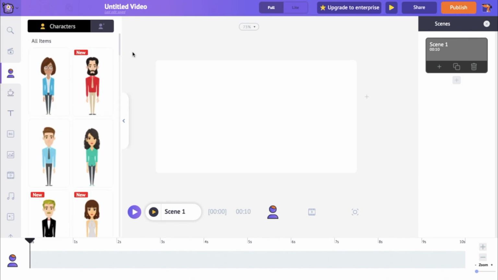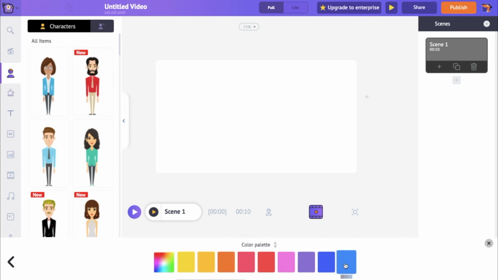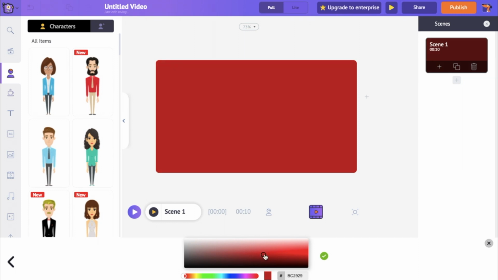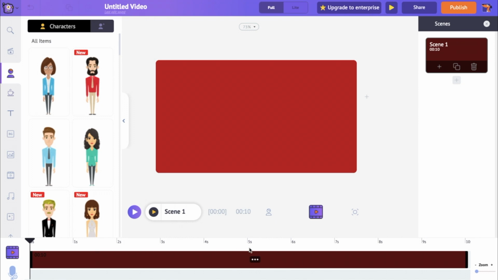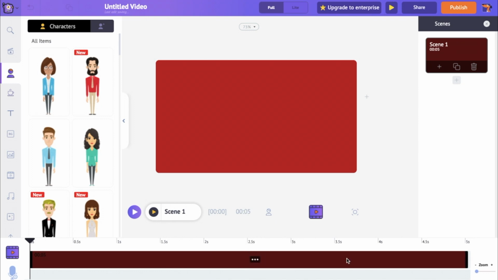So guys, to create a video, first of all we need a background. So click on the background and click on this edit button. So you can choose any plain background. Also you can select any background from here, but I'm going to create a plain background. So you can choose any of the colors, or you can click here to create your own color. Like I'm going to go with maybe red. This one looks good for me. Now here is the timeline, and these are the seconds, like 5 seconds, 6 seconds. So if you want a 5 second scene, then you can just drag it to here and your scene will be 5 seconds.